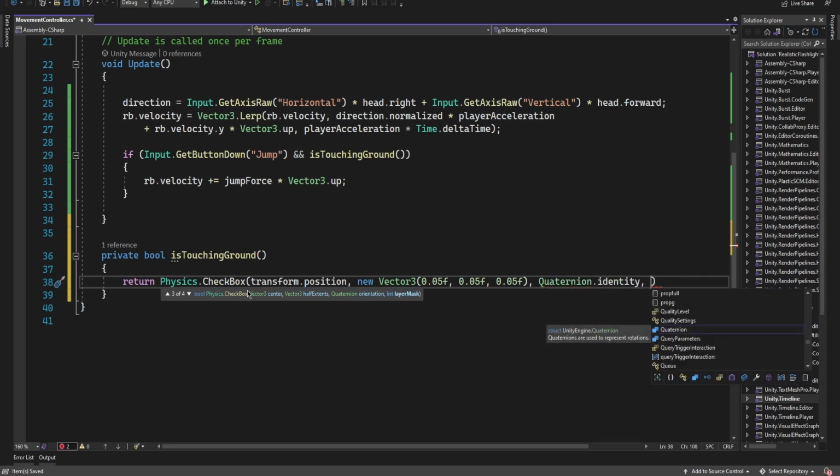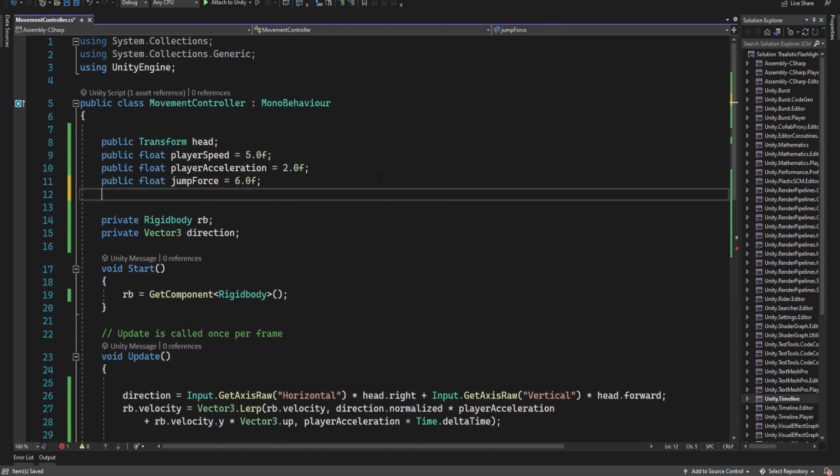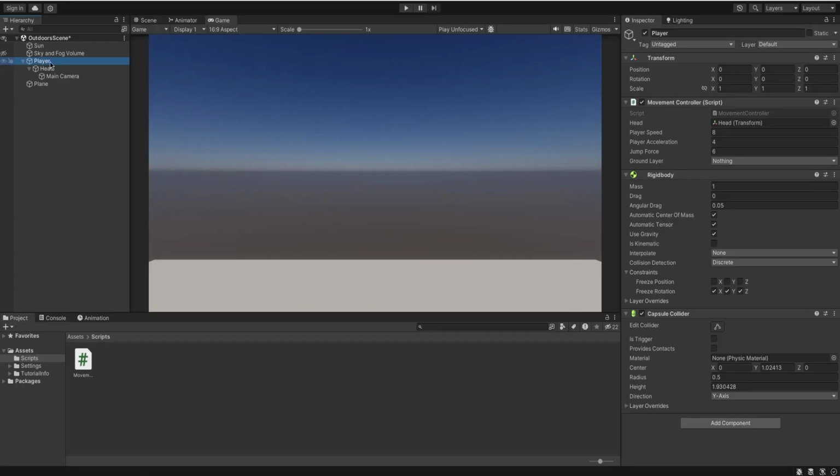Now for the next one, I'm just going to type Quaternion.identity, and for this layer mask, we're going to need to create a ground layer. So I'm just going to call this groundLayer, and we want to go up here, create the variable public LayerMask groundLayer. So now if you go back to Unity, if you clicked on the player, you can